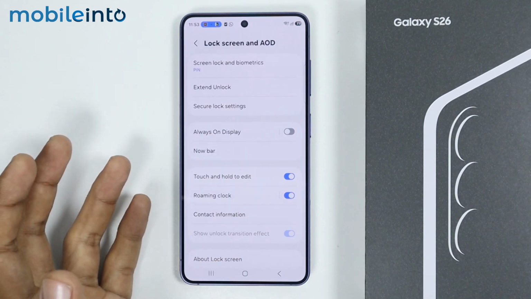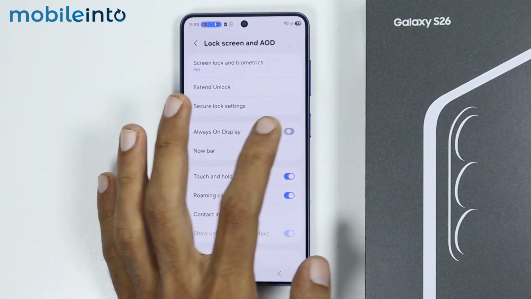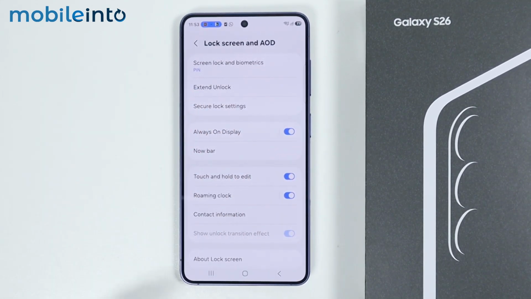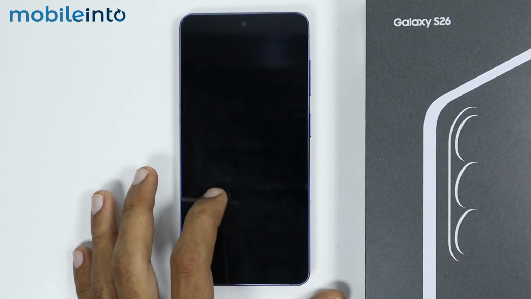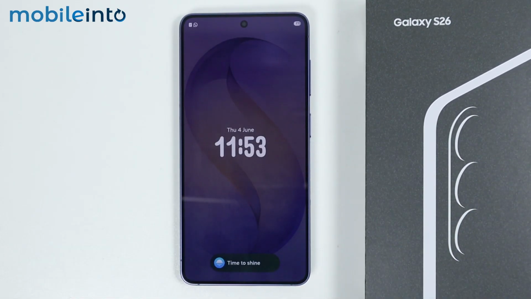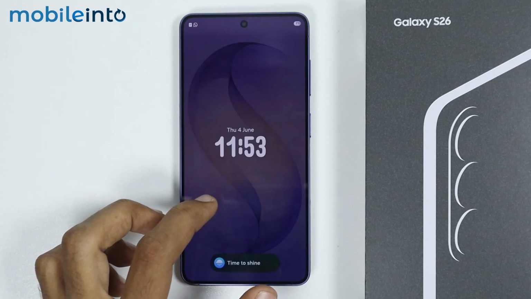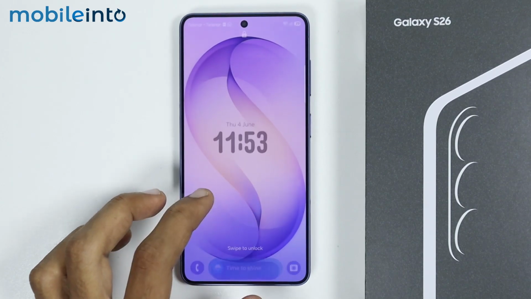Now to enable always on display on your Samsung phone, just enable this toggle. And after you do that, you will enable always on display on your Samsung device. Just like that. If you want to customize your always on display even more, then just go back to the